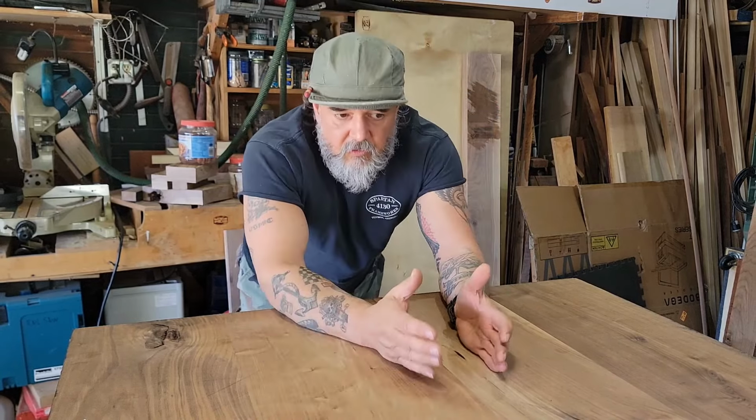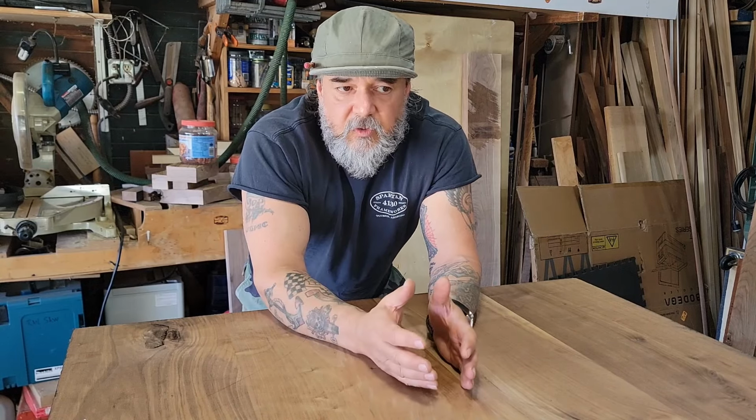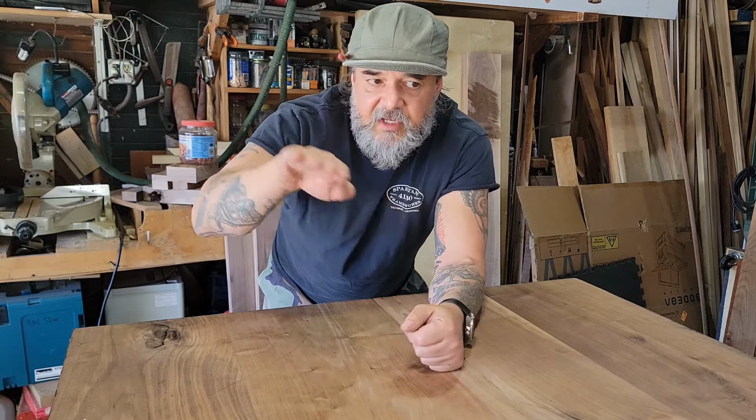It's great that I got this because it gave me an opportunity to show you what happens if you don't do things correctly. Now, warping, you could do it where when you glue it up, your surface already has a cup to it. Now, if that happens, typically, now that's assuming,